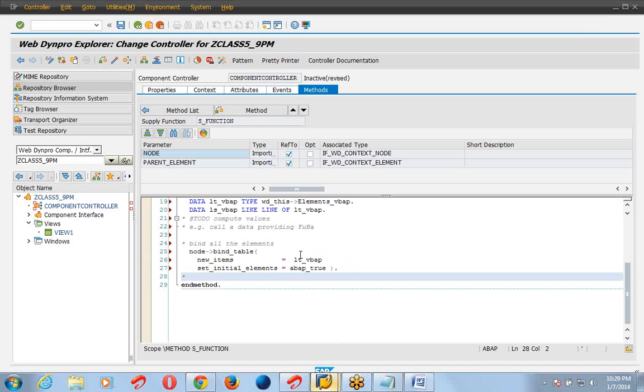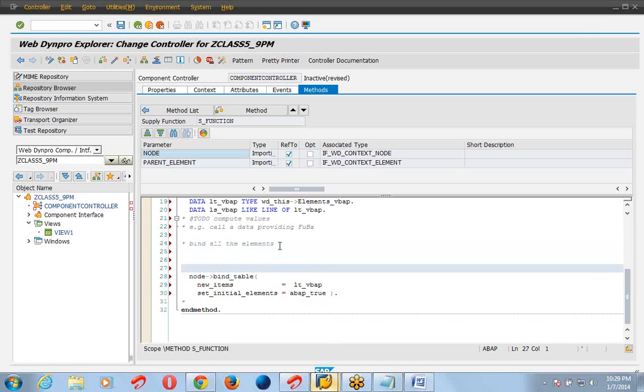Now you can see here there is a bind table method. Before every bind table method we have to put a select query.